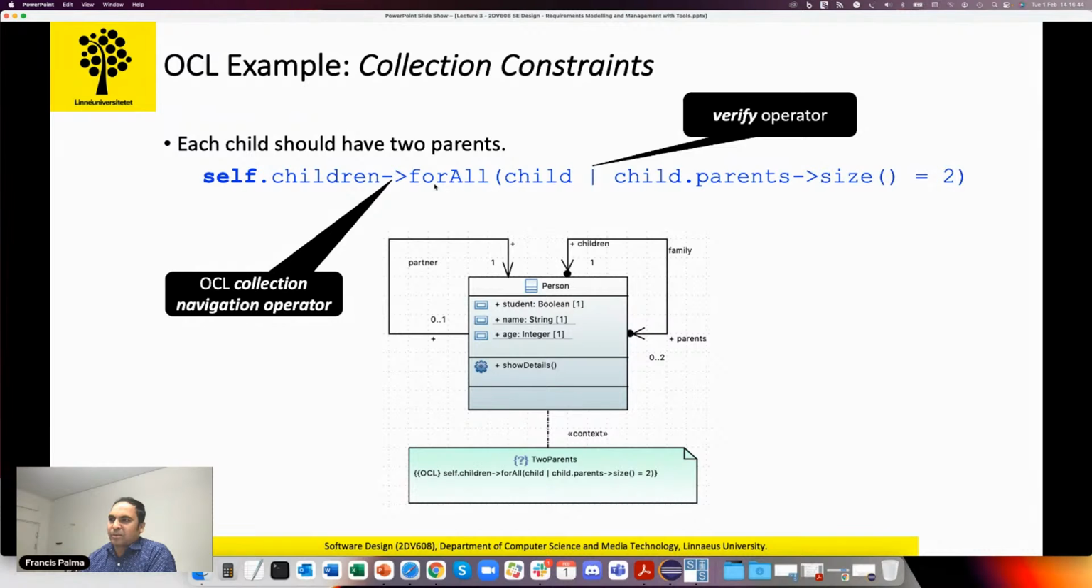using this method, forAll, it will make sure that all the children are verified or checked one by one. So by this operator, it means it's a verification operator. For each child, it will verify that the number of parents for each child equals 2. So if you write child.parents, that means it will give you the number of parents for a child, and then